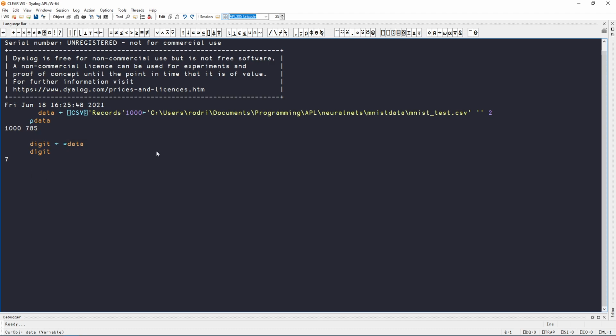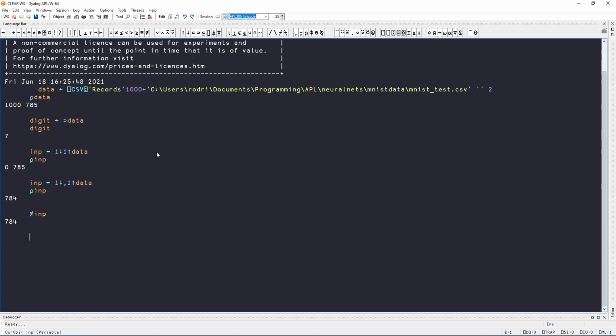Well, the pixels or the inputs to the network is going to be anything but the first element of the first row of data. What's the shape of imp? Whoops, what did I do? Yeah, of course, so this is the first row, but this is a one row matrix, so let's make it a vector. Yeah, okay, now this is a vector with all of the digits in there,